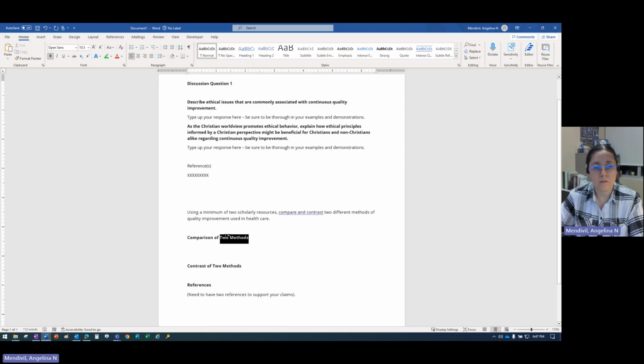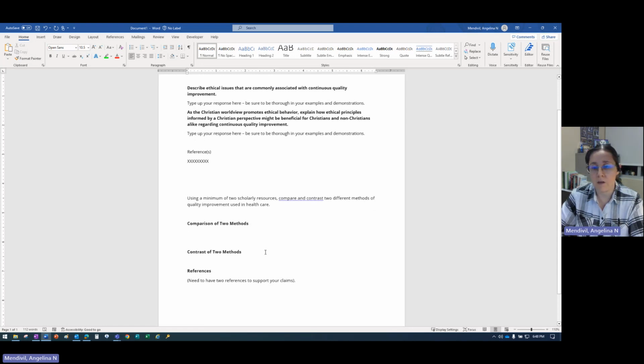So here, instead of saying 2 methods, you can put what the specific methods are. So when your instructor, who for this class is going to be me, goes to grade your assignment, it's incredibly clear that you're hitting the key elements of the question. There's no ambiguity included there. And the best recommendation when you go to do your papers is to use the header method. For every assignment, there's going to be a rubric included, and the big main sections of the rubric should ultimately end up being your headers.